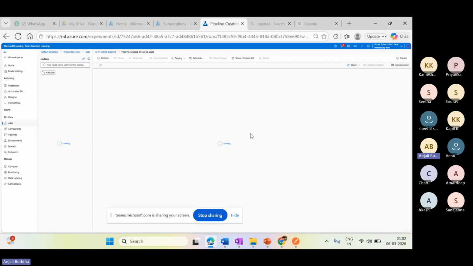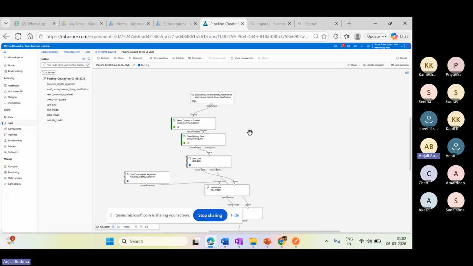A new pipeline means it is going to perform the actions that I specified when I was designing the model. It takes a couple of minutes to run the model and get the outcome. I'll stop it here. If you have any questions, do let me know.